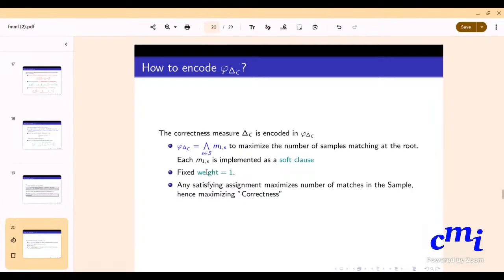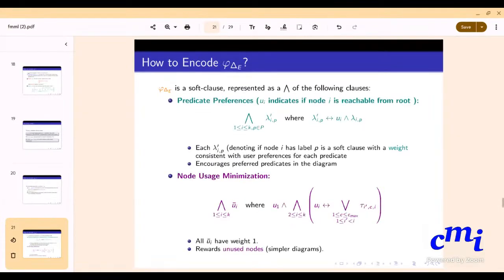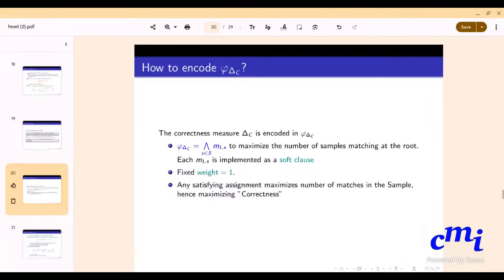And lastly, this is the explainability. Sorry, I got distracted. This one says, given a specific value of C and E, and some weights for the predicates. No, we do delta C, not weights here. Delta C is correctness. It encodes that your correctness measure is indeed that ratio, correct? That's what it encodes.